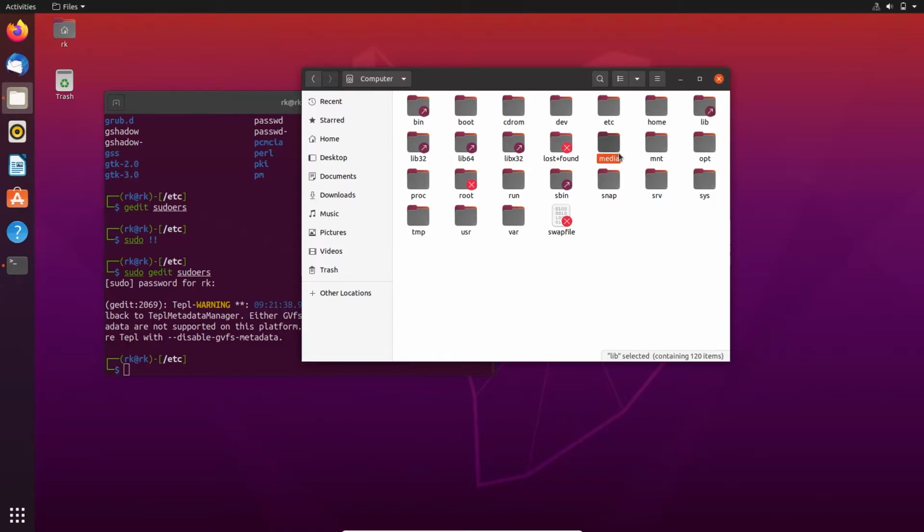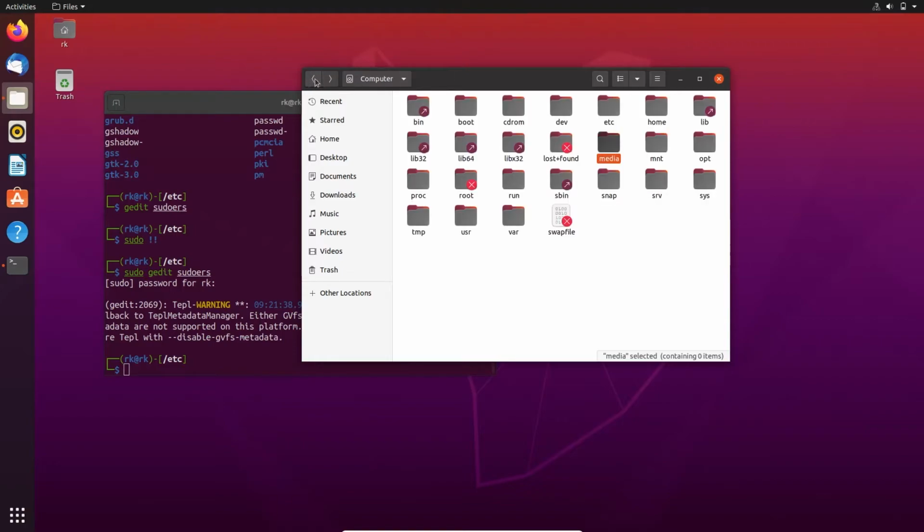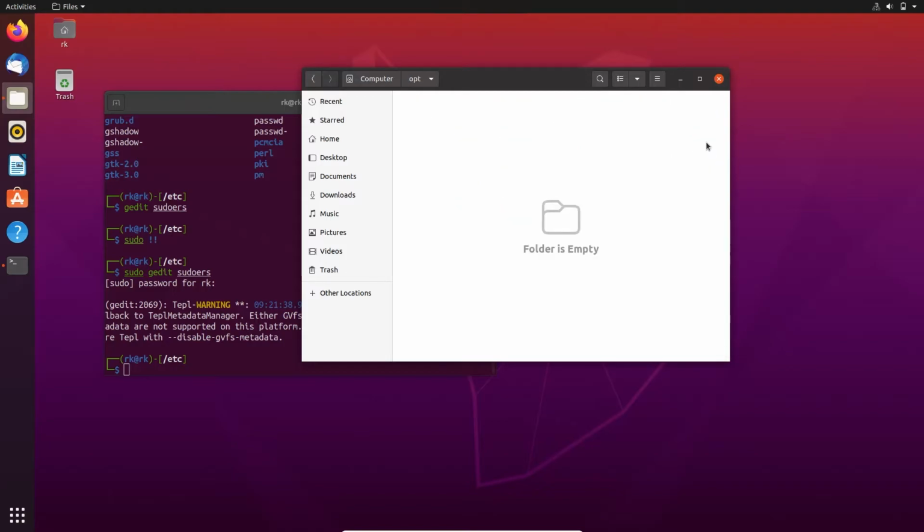And the next one is media. If you have any external hard disk or USB device, that will be shown here. Mnt. If any other devices in the network give you access to read or write their file system, you can connect that in this mnt folder, and after the job is done, you can unmount it. And opt. You can install any other things that are not accessible by the package manager, like downloading any files from GitHub that are not accessed by the package manager. And the next,